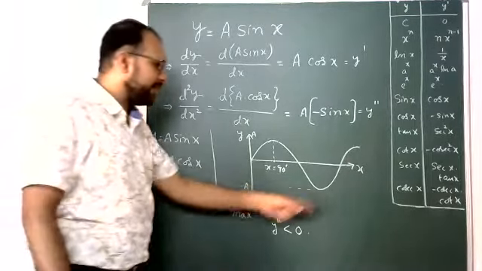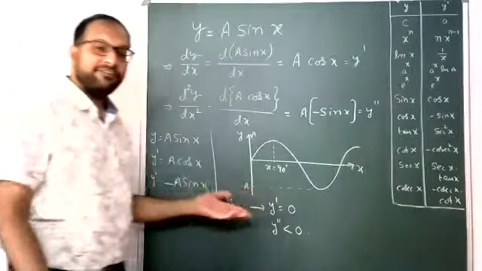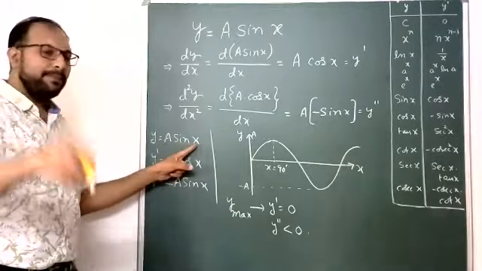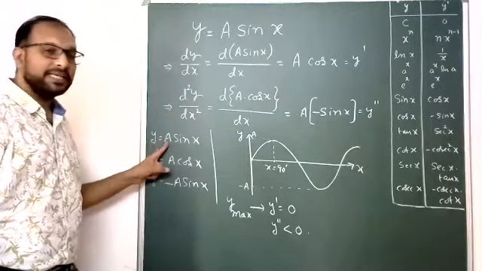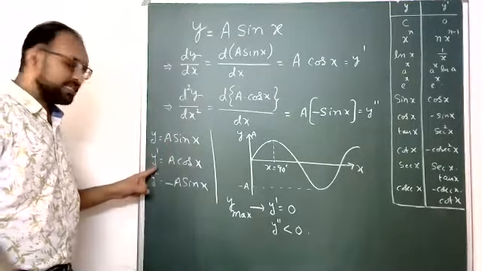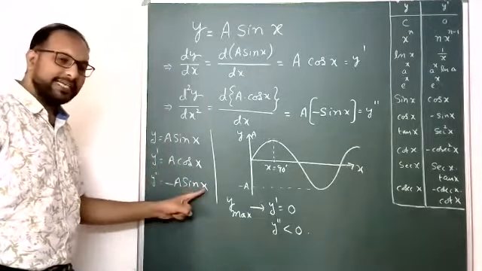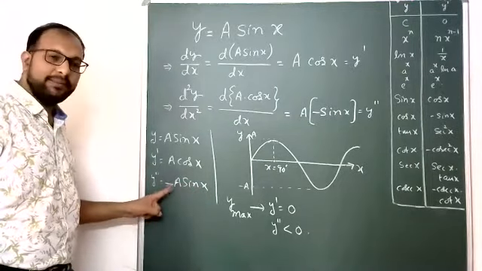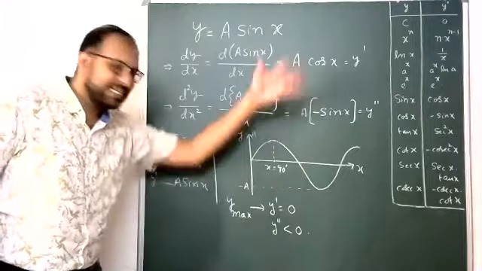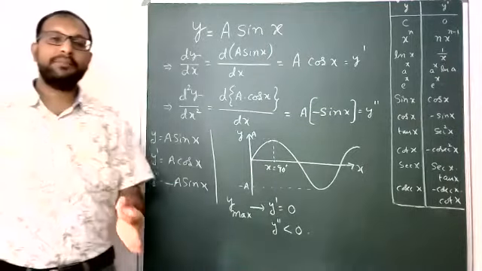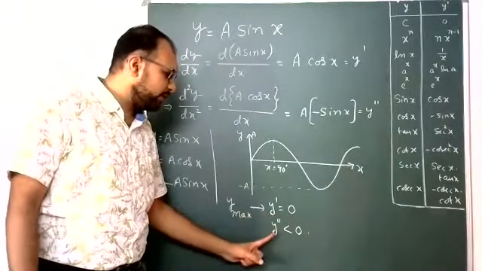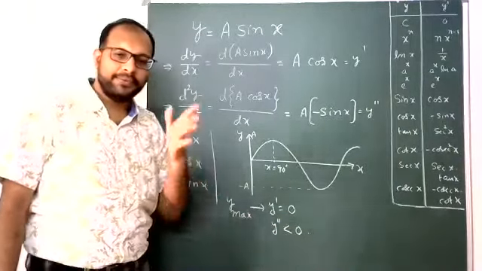Same concept come here, students, and you can verify this example also. Suppose x equal to 90, sine 90 is maximum, that is y equal to plus a, function maximum. But cos 90 is 0, first derivative 0. Sine 90 is plus 1, but here minus is there, minus a, that means now negative. Second derivative is negative. Please remember, at maximum value of a function, first derivative 0, second derivative is negative.